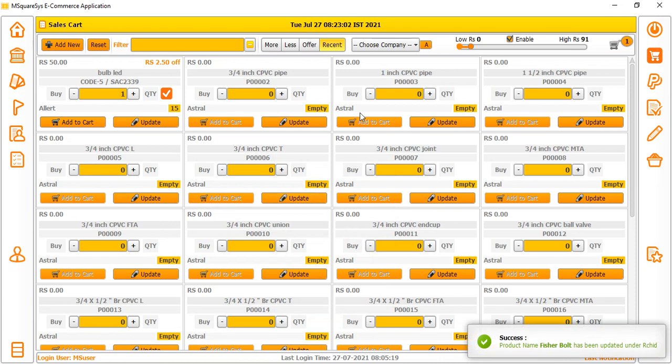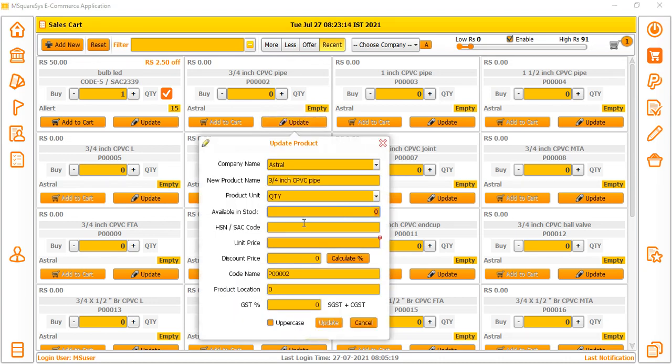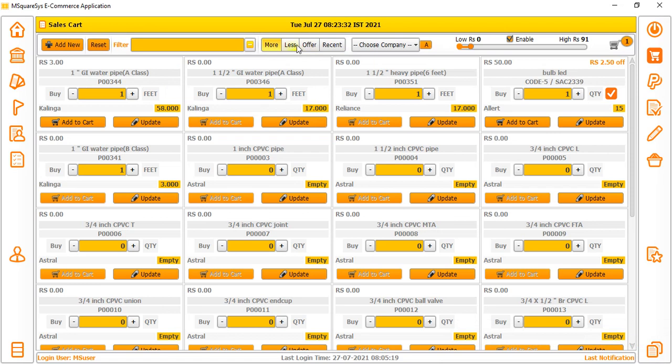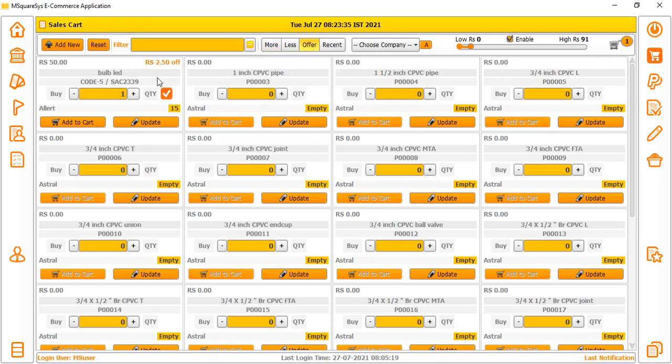Once it is updated, all the information will be available. And if you press recent again, you will get whichever was recently updated as well. Next I am going to update this particular item, and the stock is 234, some number, unit price 345 again, and this is the one, update it. So it will update, and under more offer, which is 250 paisa, it got to the first place.